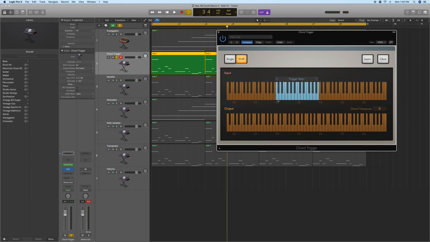So let's go back to C2 here, and I'm going to learn my C2, and I'm going to make this like a second inversion chord. Okay, so that's my C. Just my C note will yield that chord. All the other ones haven't done anything yet. So this D chord, or my D note, I want that to play some other crazy chord. How about a D minor